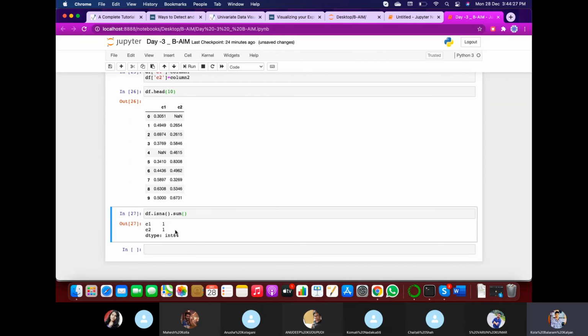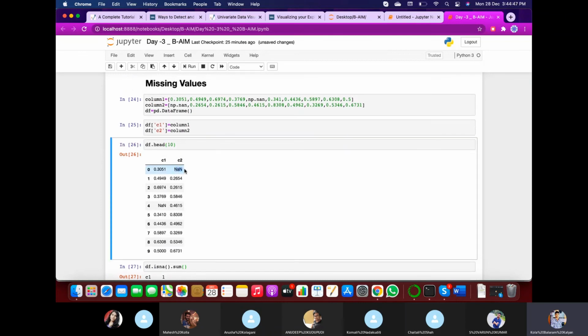In general, there are 4 techniques that can be used to remove the missing values. One is deleting the entire row. Suppose here is a missing value, so what if this entire row is deleted? And again coming to here, deleting this entire row, we have only 10 rows at all, out of which 2 rows would be deleted, so the data may vary. So the deletion of rows is not a good idea.